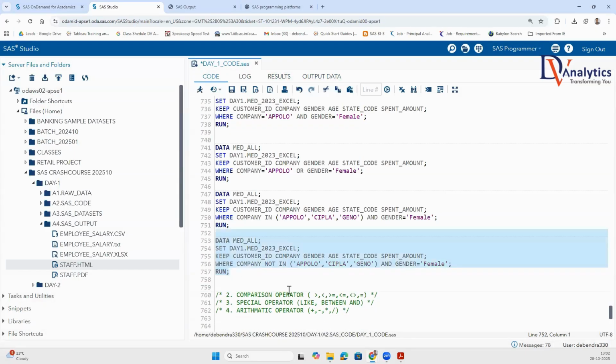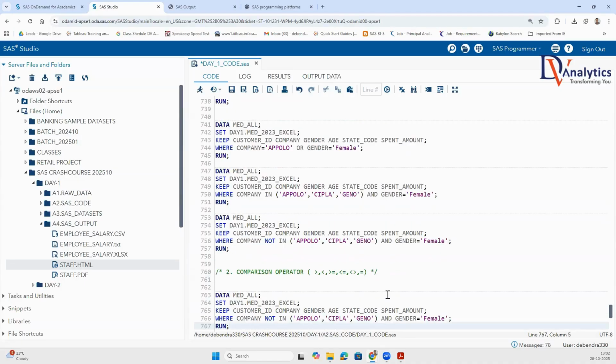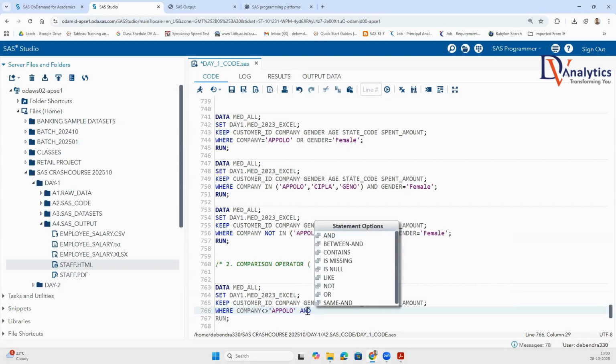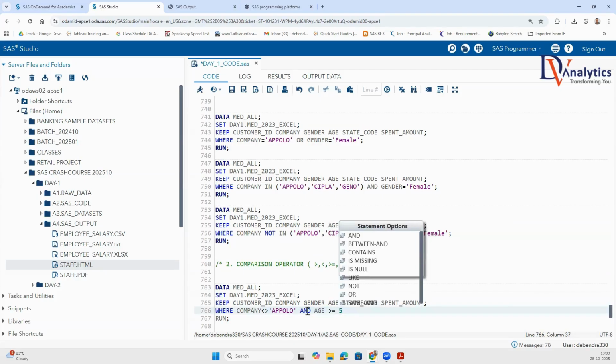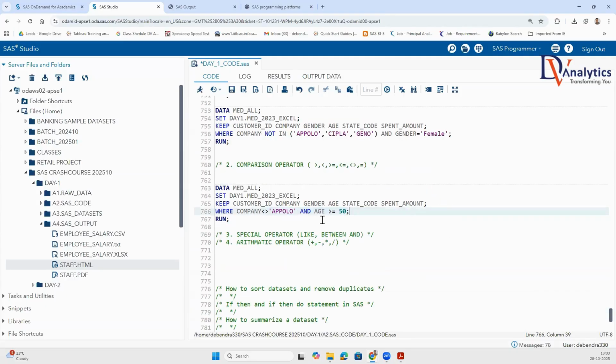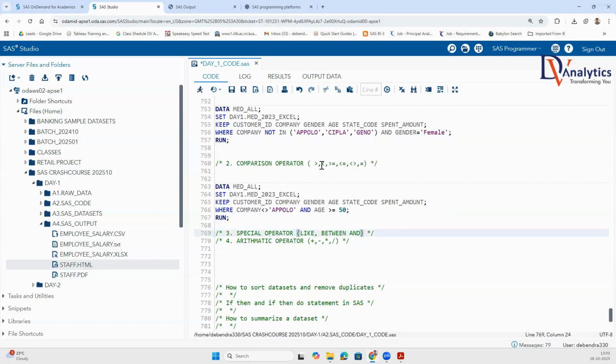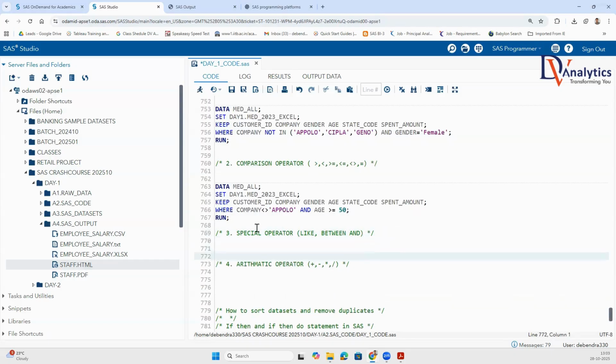Now, how to go for comparison operator? Example for the comparison operator: where company not equal to Apollo, right? And age greater than or equal to 50. So you're going to select all the customers apart from Apollo where the customer age is greater than or equal to 50. Is this clear now? This is just an example of your comparison operator, special operator. What you're doing here,